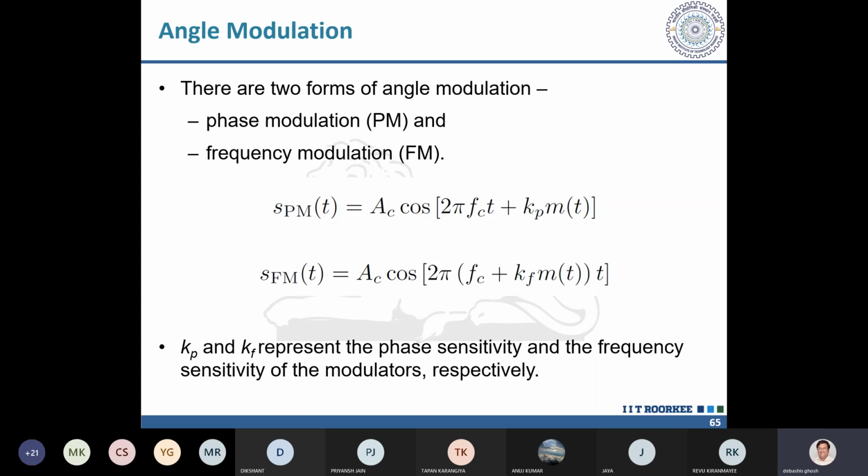And demodulation, I am not going into details of demodulation here, but the demodulation is mostly done by phase detector. So in a phase detector, there is a reference signal which is AC cos 2 pi FCT generated by the local oscillator, and this is what you are receiving. So you just compare the phase of the reference signal and the received signal. You just keep on comparing the phase and you know that is the message signal.